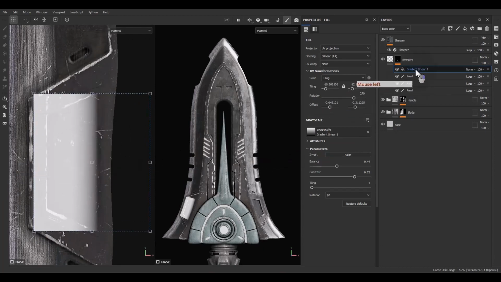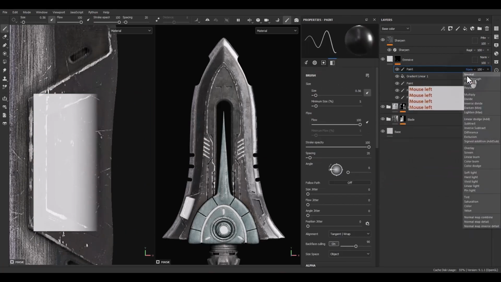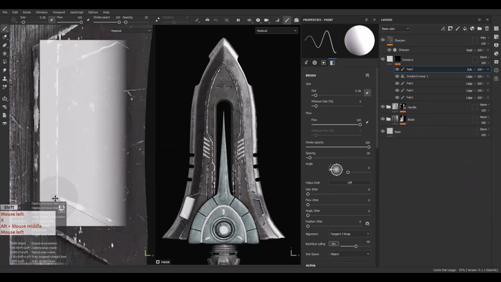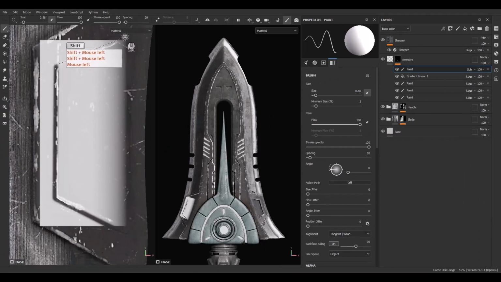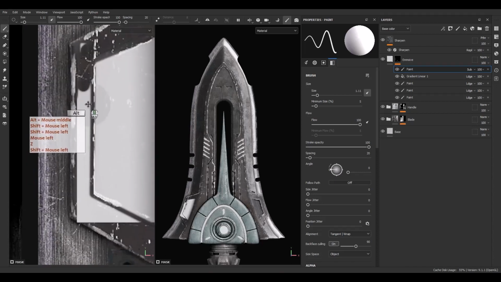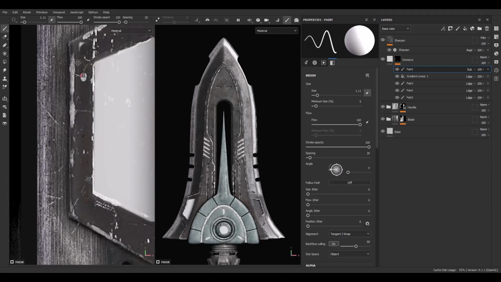And let's add a paint layer. And I'm going to change the blending mode to subtract. So let's make the mask perfect for this area. Okay, I'm going to increase the hardness. Okay, that's it. Like this. Okay, so